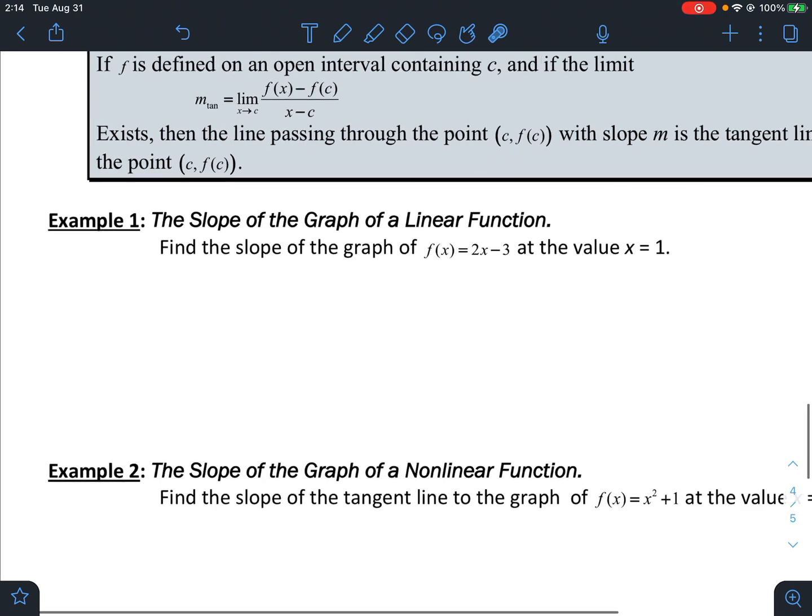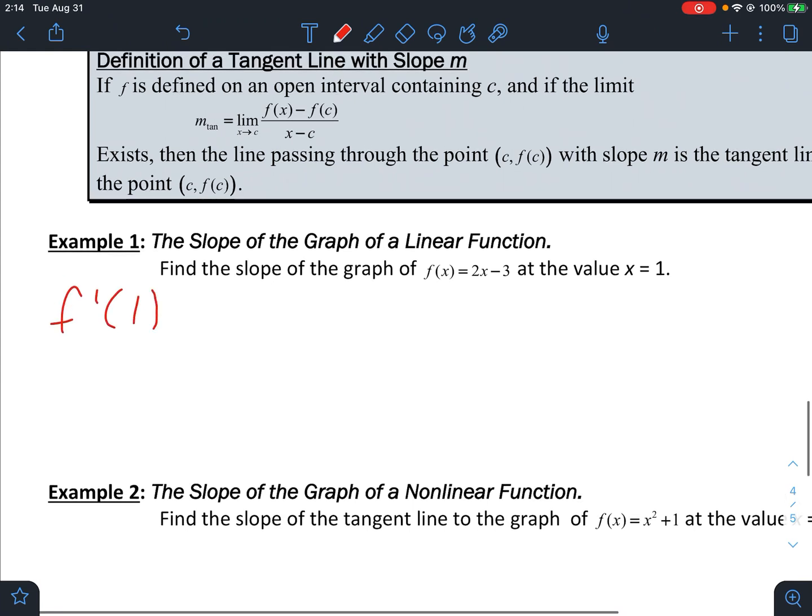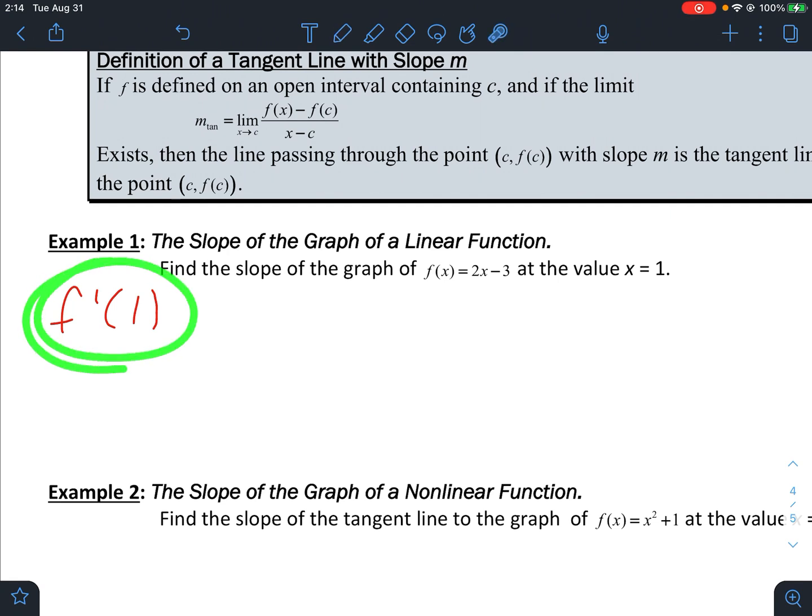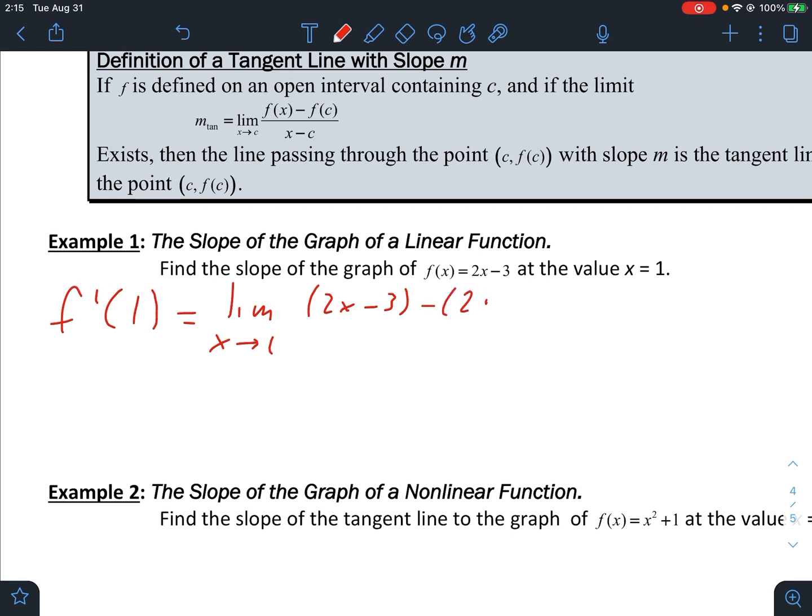Okay? So what we're going to write here is something kind of new for us as well. We're going to write f prime of 1. What does that mean? Well, for right now, let's just call it, that means the slope of f at 1. Okay, it means something else that we'll talk about later on. But right now, it means the slope of the function f at 1. All right, so we're going to take the limit as x approaches 1 of f of x minus f of 1